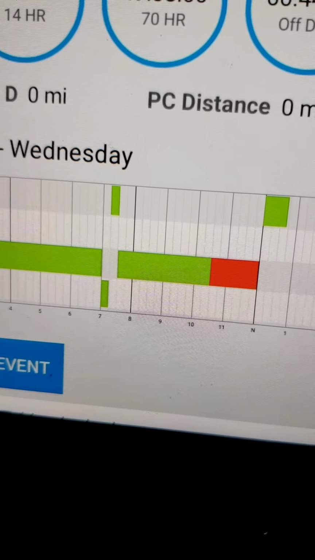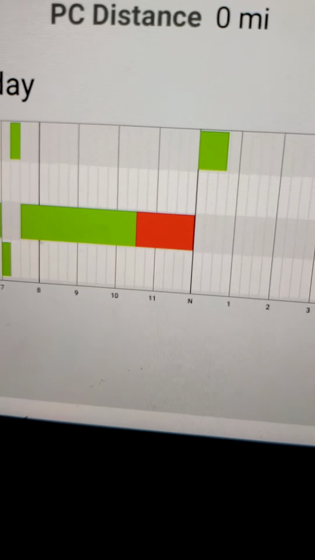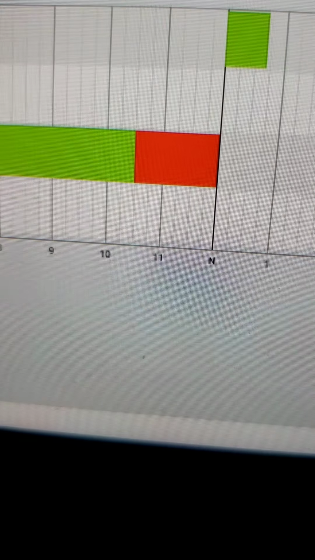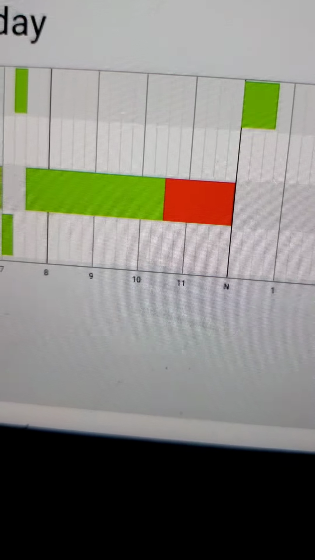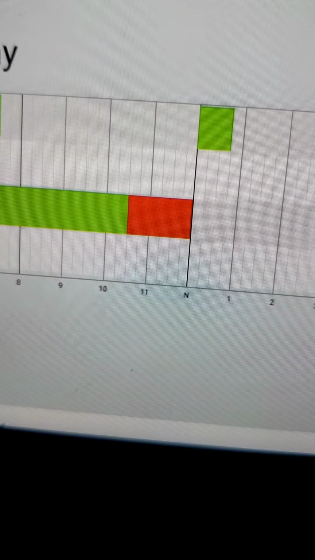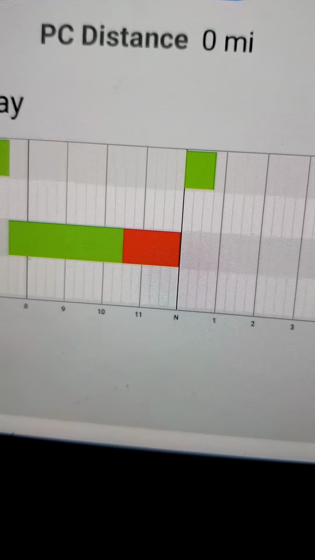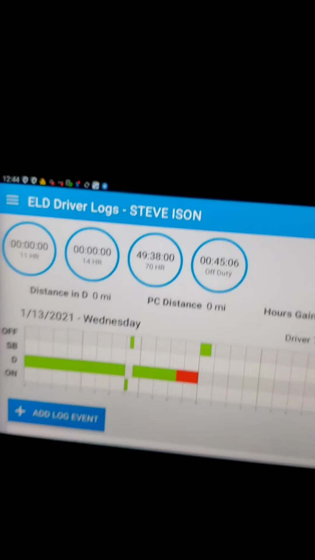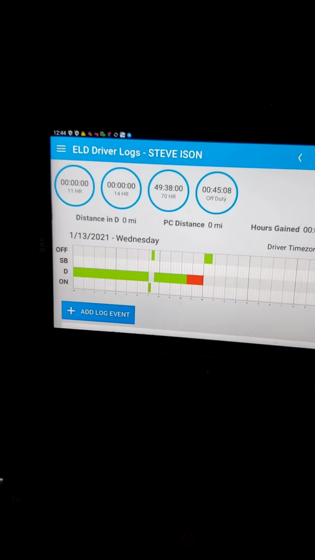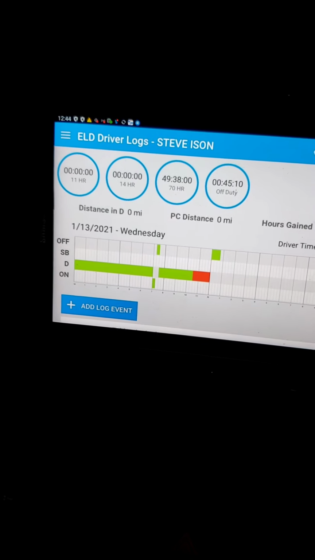And then I continued to drive, and my 11-hour drive clock ended up right at 10:30, but I had to extend that an hour and a half until noon today. So it does show red, but there is a way to fix it. And how we fix it is, when we pull up the logs, we click the 3 little lines in the top left corner,